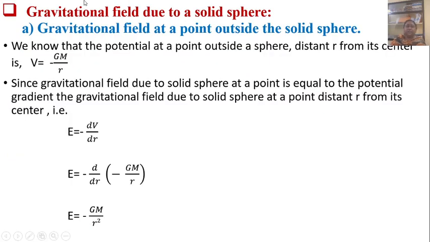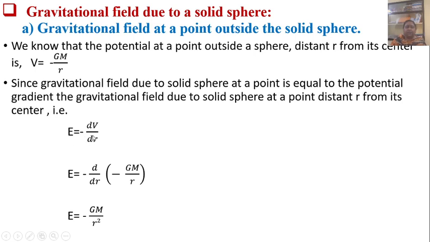Now see gravitational field due to a solid sphere. Now gravitational field at a point outside the solid sphere. Now we know that the potential at a point outside a solid sphere having distance r from its center is given by V equal to minus GM upon r. Now here since gravitational field due to a solid sphere at a point is equal to the potential gradient, the gravitational field due to solid sphere at a point distance r from its center, that is